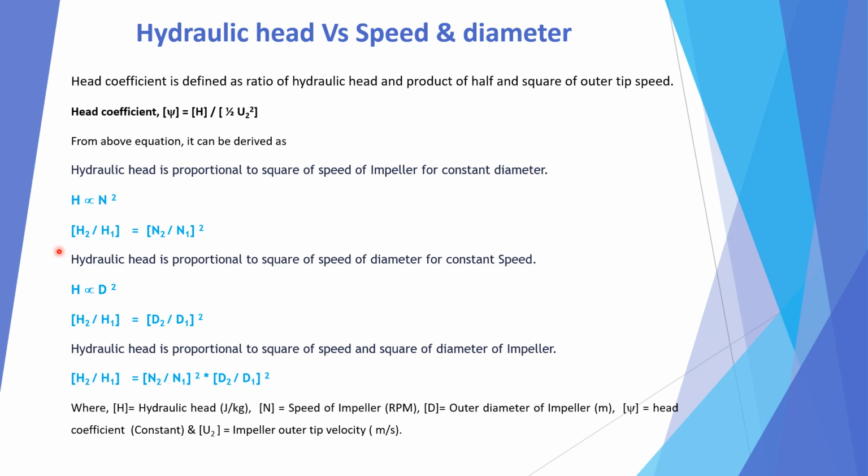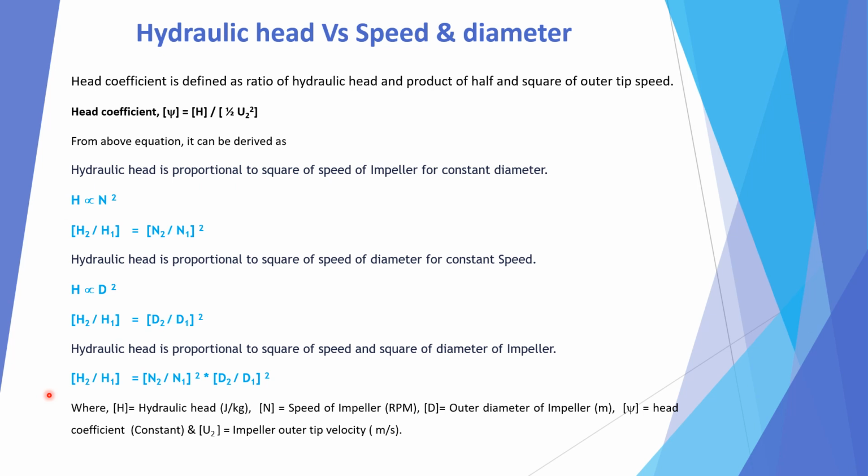So we can write H2 by H1 is equal to N2 by N1 to the power 2, and hydraulic head is proportional to square of diameter, not the speed, by mistake it is written for constant speed. So H is proportional to D square. So H2 by H1 is equal to D2 by D1 to the power 2. So hydraulic head is proportional to square of the speed and square of diameter of the impeller, if both are variables. So H2 by H1 is equal to N2 by N1 to